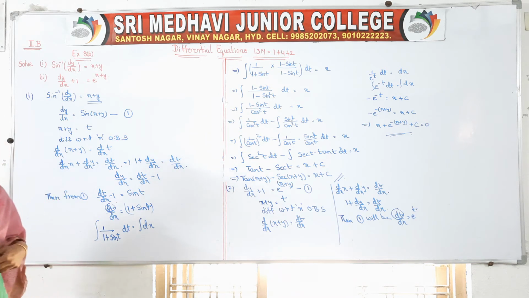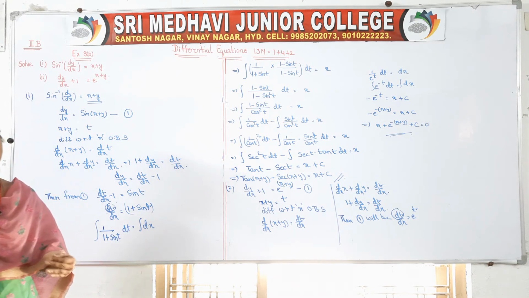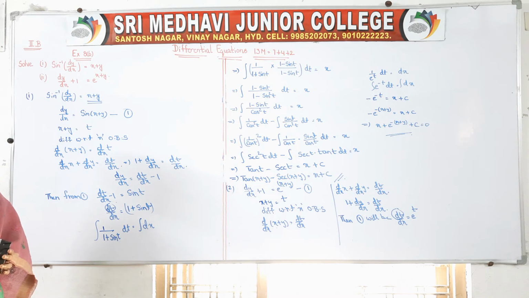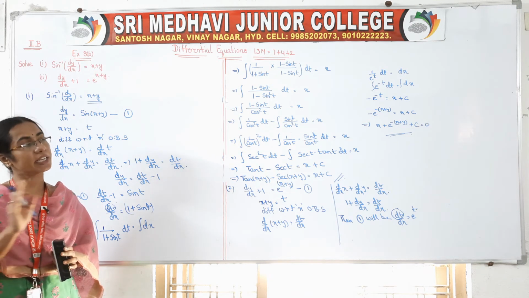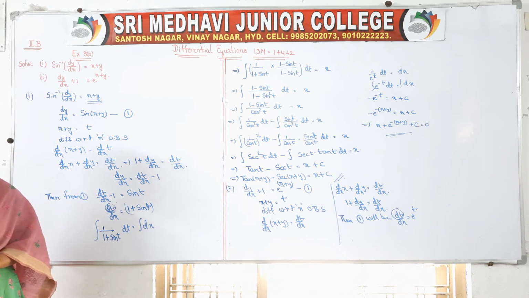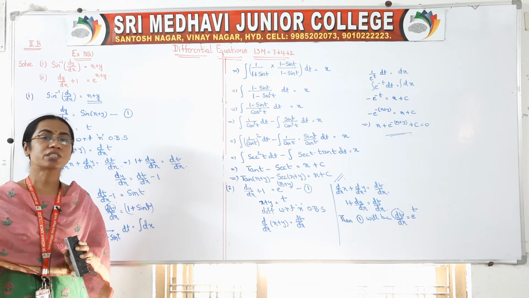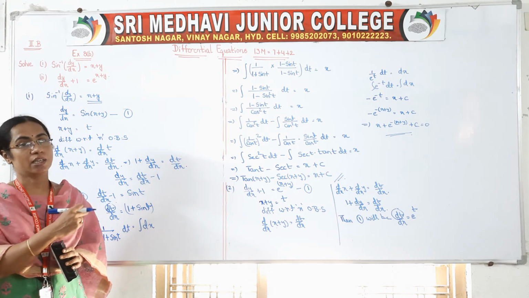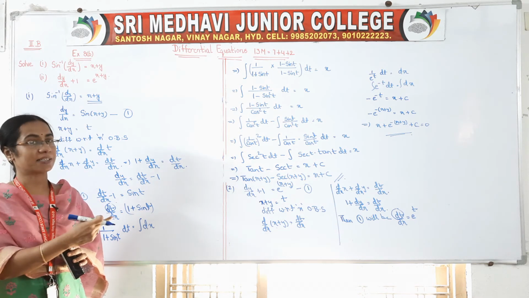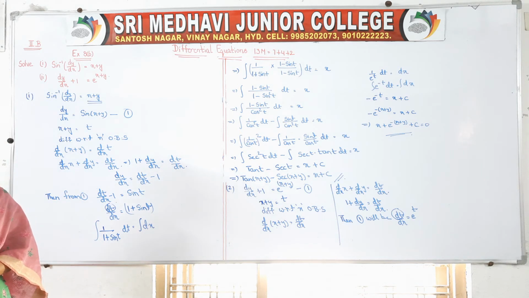So in any variable separable problem, if some value is taken as t, then our variables will be t and x, not x and y. In general, till now we have taken all the x variables into dx and y variables into dy. But from now onwards, in this class we have taken two problems where we have taken x plus y is equal to t.